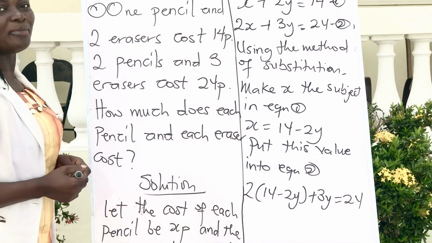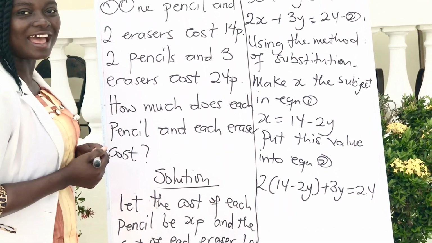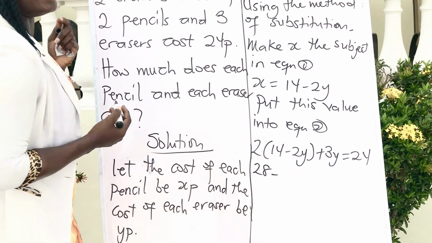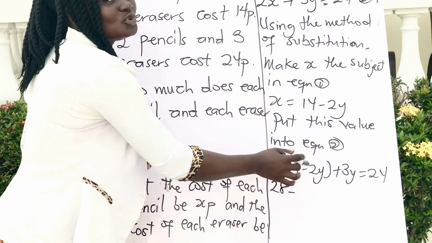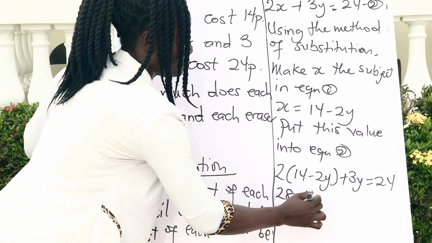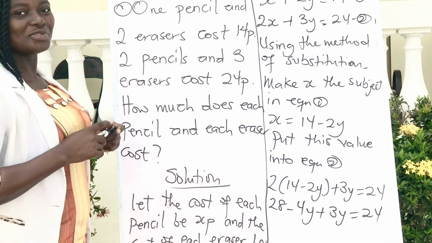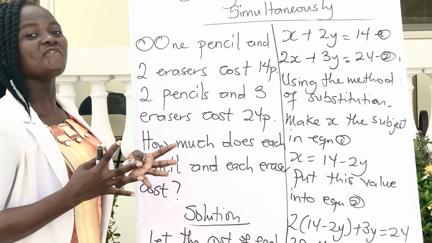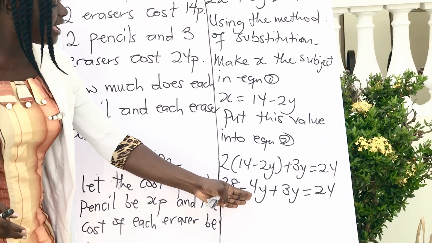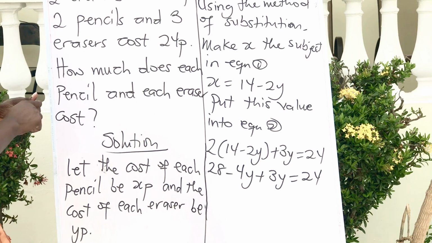So we are going to expand the brackets over here to become 2 times 14 minus 2Y. Looking for Y, you can still simplify this. You have negative 4Y plus 3Y, and that will give us